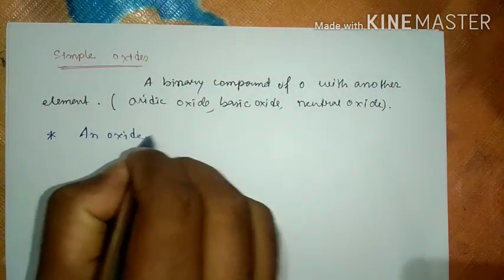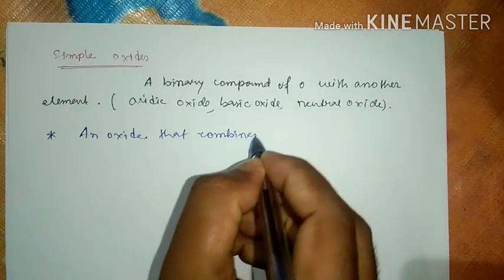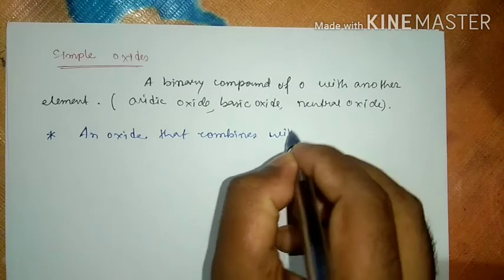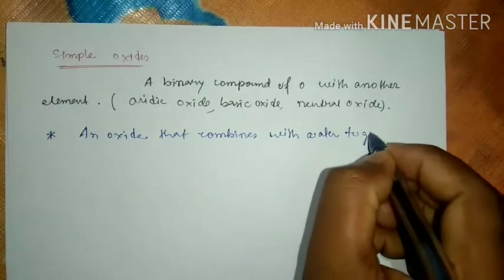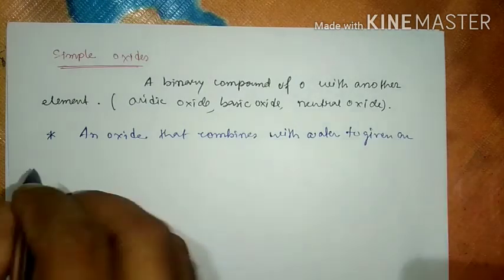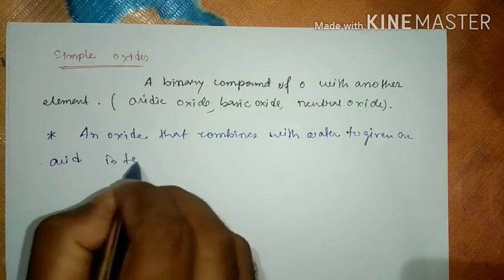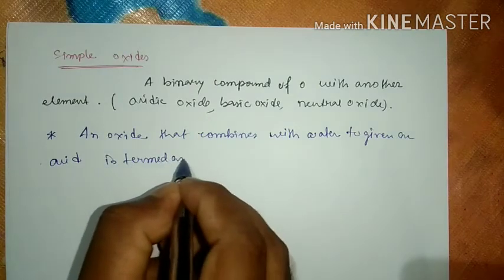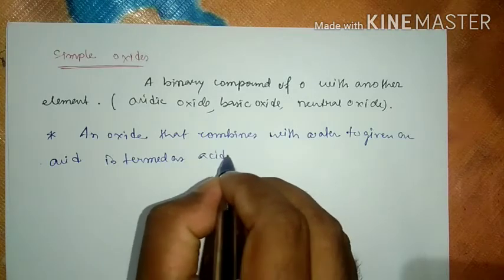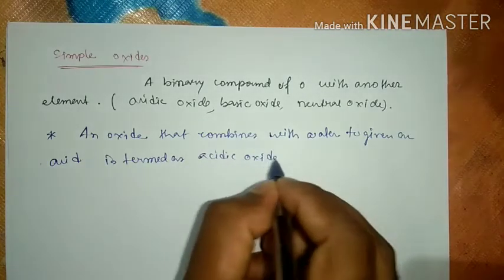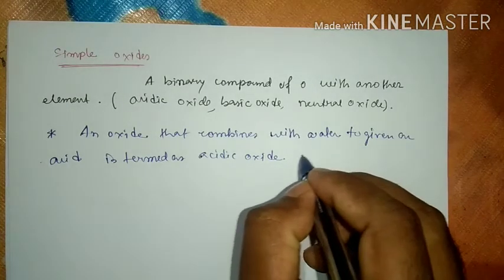An oxide that combines with water to give an acid is termed as acidic oxide. For example, we are writing, suppose,